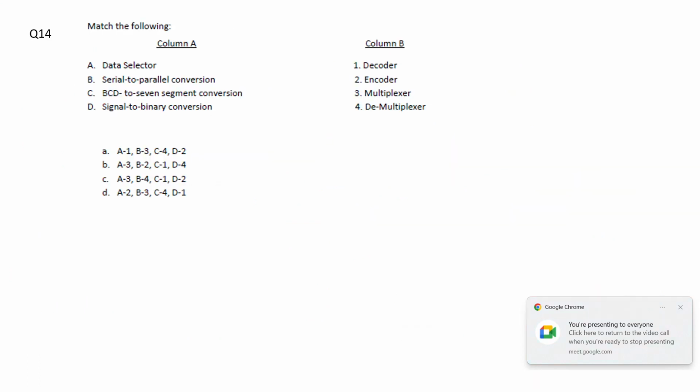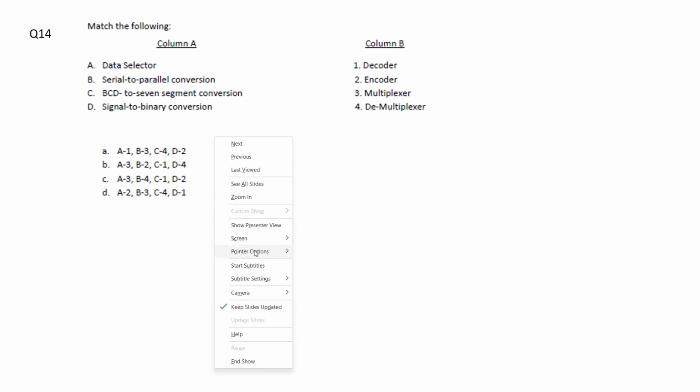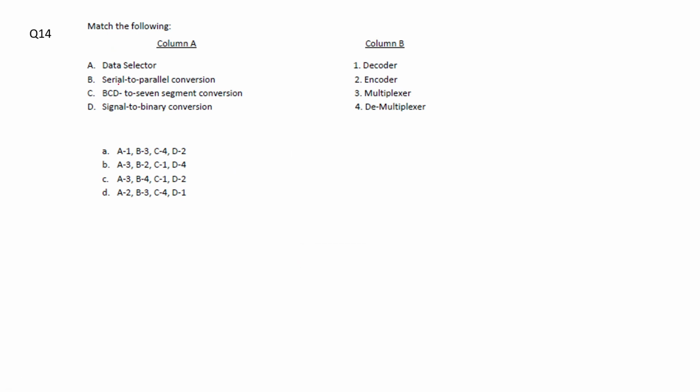So now question 14. Question 14 is a match the following type. Here we have four options: A, B, C, D. A is data selector, B is serial to parallel conversion, C is BCD to 7 segment conversion, and D is signal to binary conversion. We have to match it with the options. So data selector